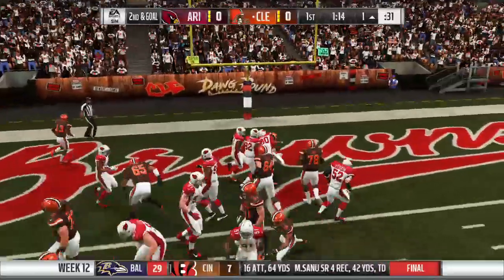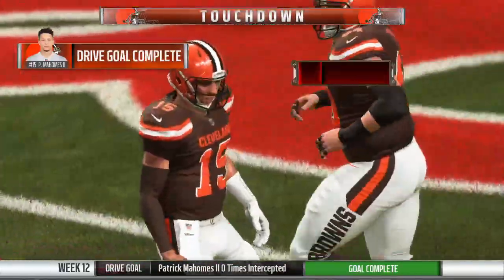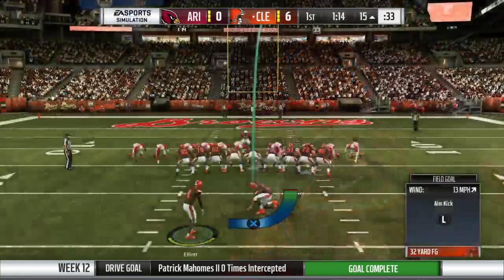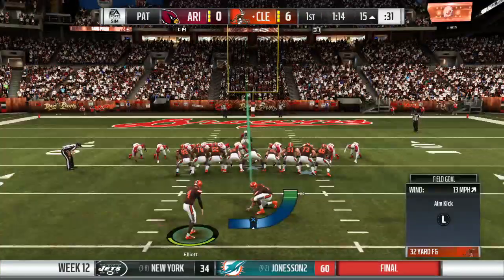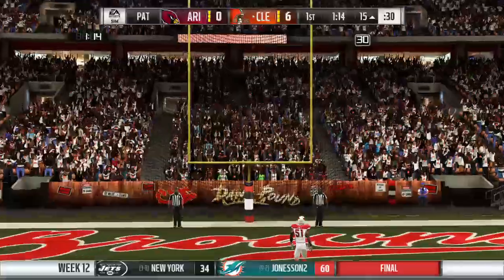Throwing now is Mahomes. And this is caught. Touchdown, Cleveland. As his guys are in for 6. And the Browns have taken the early lead. Well, these guys have won 3 straight ball games and another good start to this one out to the 6-0